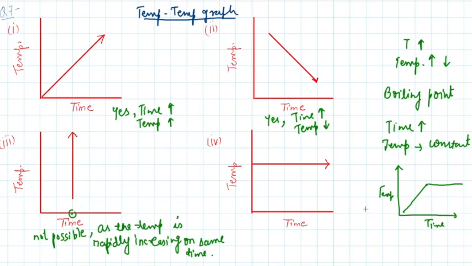Now here in this case, I just explained to you that the temperature can be constant after a certain time, right? So what is happening in this graph? This is the same thing, as the time is increasing but the temperature is constant. So yes, this is possible because as time is increasing, the temperature has reached its constant temperature, as we know in the boiling temperature of water also. So in these 4 cases the third graph is not possible, because at a certain time the temperature cannot increase rapidly. So only this case is not possible.